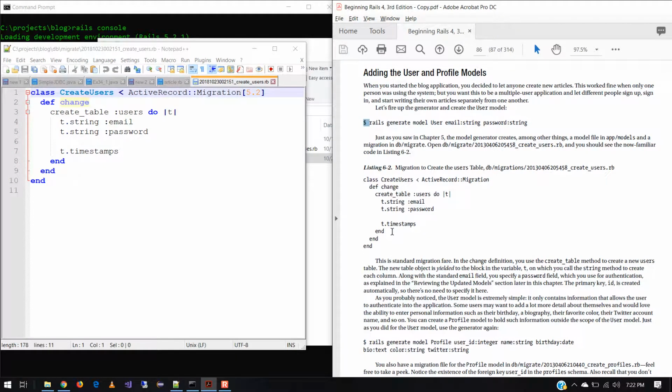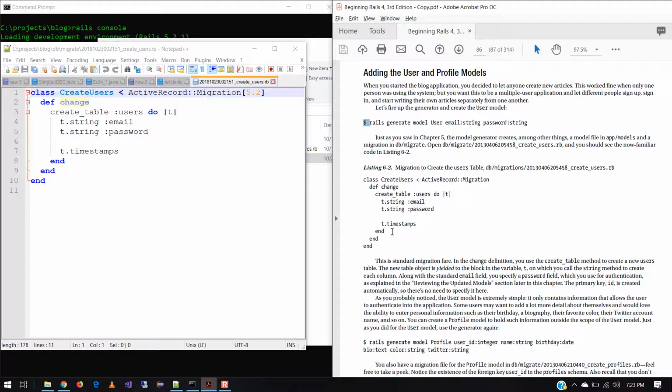Once again, I want you to notice a little bit of a difference between what's printed in the book and what we're getting on our screen. On line 1, we have active record migration, but notice it appended to the end of it in square brackets. It also indicates a version number. So it tells you that there are some changes. We go with what's automatically generated. Don't tweak that. Then inside this defined method called change, we are going to create a table